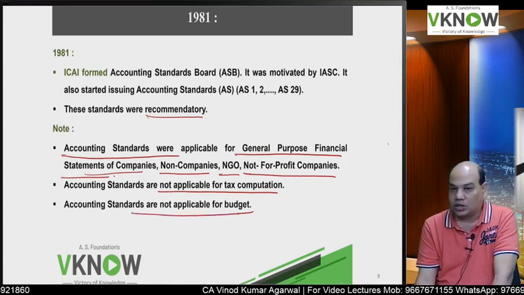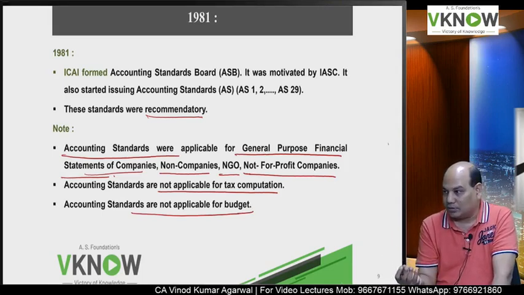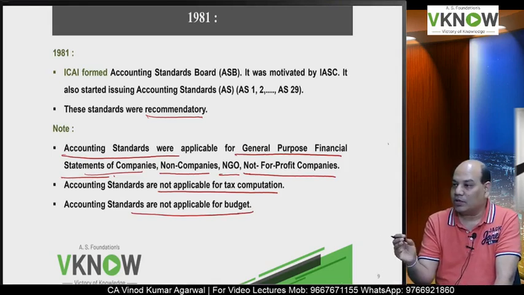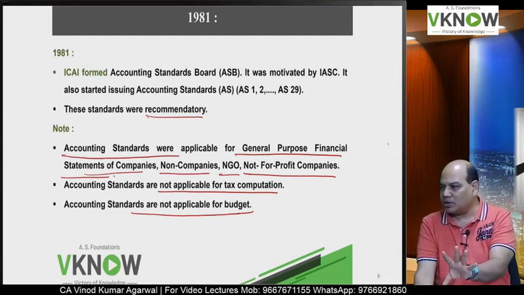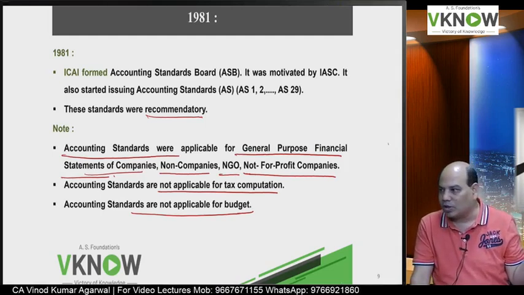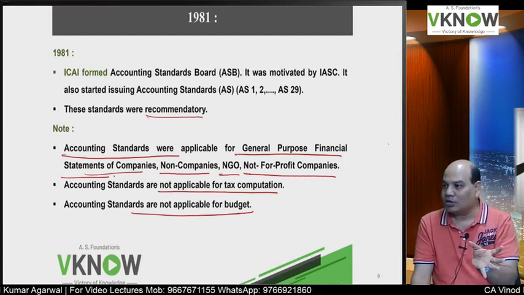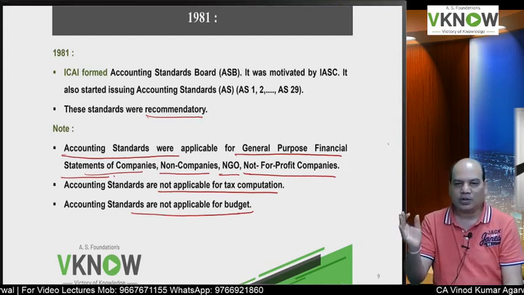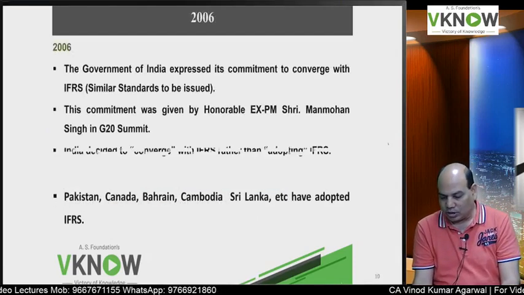Similarly, accounting standards are not applicable for budgets. Management will prepare budget as per their requirement. Accounting standard on inventory says follow absorption costing for inventory valuation. But some management may simply say, no, we'll follow marginal costing for decision making, because whatever fixed cost I am incurring, for decision making, I require marginal costing. So internally, they may prepare budget based on, say for example, marginal costing. And it is okay internally, because that is how it is.